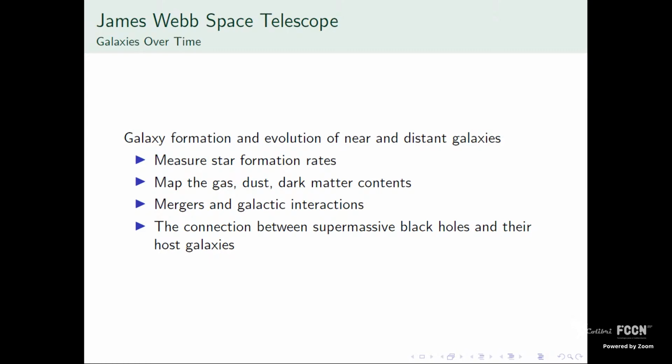And in particular, it interferes with a parameter called star formation rate. And Webb, because it is able to peer through dust, will finally enable good measures of the star formation rate. Moreover, as we will see later, Webb is also really focused on mergers and galactic interactions, and the relation between the supermassive black hole and the host galaxies of the black holes.